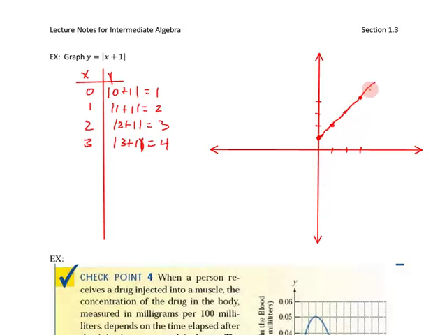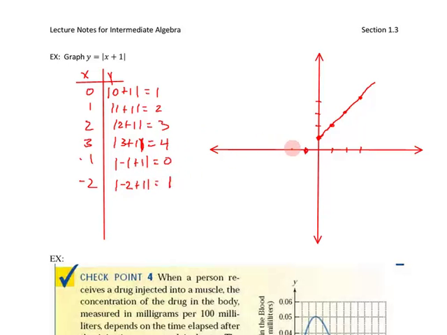All right. What's happening on the left-hand side? What if I plug in, say, negative 1? That's absolute value of negative 1 plus 1, which is 0. So negative 1, 0 is a point. Negative 2. Absolute value of negative 2 plus 1. Now here's where things change. Negative 2 plus 1 is negative 1. But the absolute value of negative 1 is